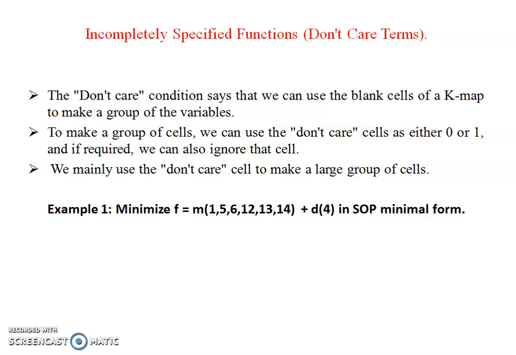The expressions were completely specified for every combination of the input variables. But for some input combinations, the output is unspecified. Why is it unspecified? Because the input conditions are invalid or the corresponding output is not defined. It can be either low or high. In this case, the input conditions for which the value of the Boolean expression is not specified are called don't care conditions, or we can say optional combinations, or in other words, incompletely specified functions.